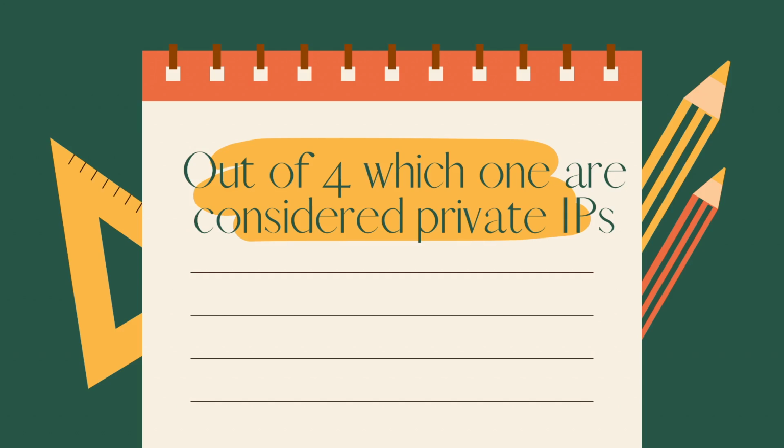Since we do not have the options, we cannot say what the right answer for this question was, but if you are aware of the private IP range, you will be able to answer it correctly. So for class A, it is